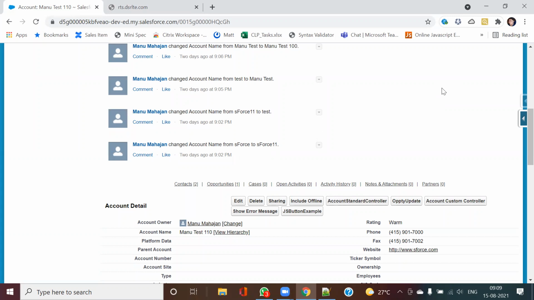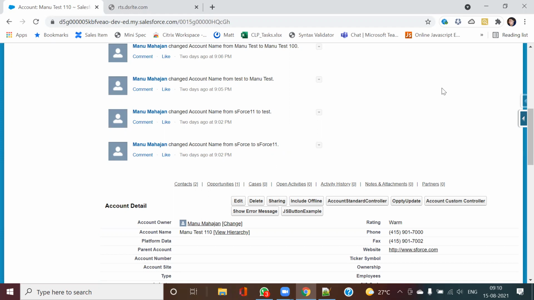What I mean by user mode is that security will be enforced. A common example: I have a standard controller with an account where I need to create an account record. The standard functionality of account will be implemented. I will have the account fields, maybe revenue, fees, all of these fields. When I fill it out and click on the save button, the account record will be created. That is the standard controller.